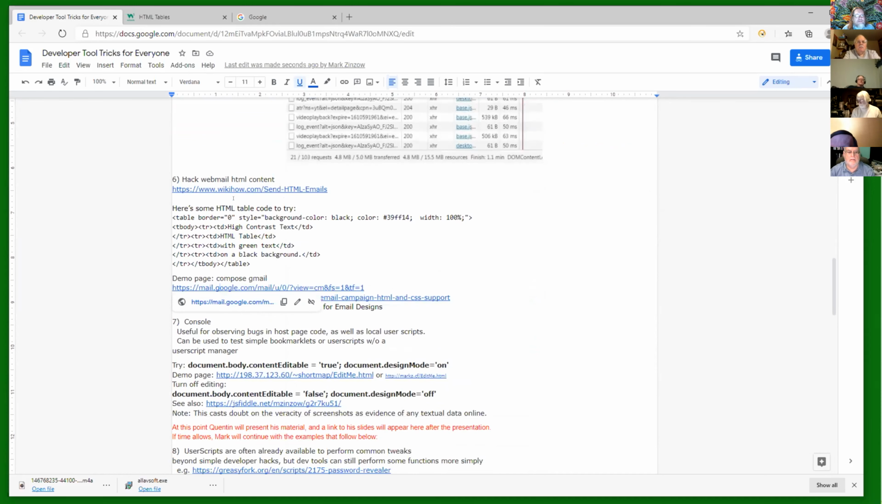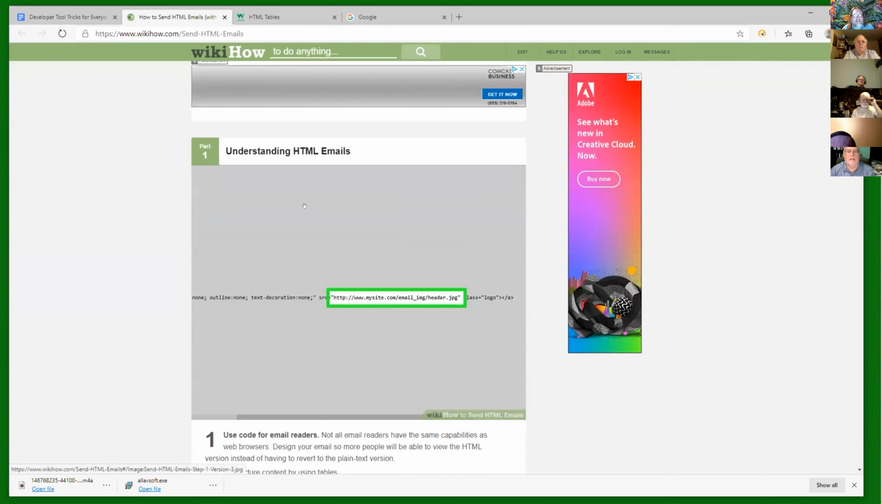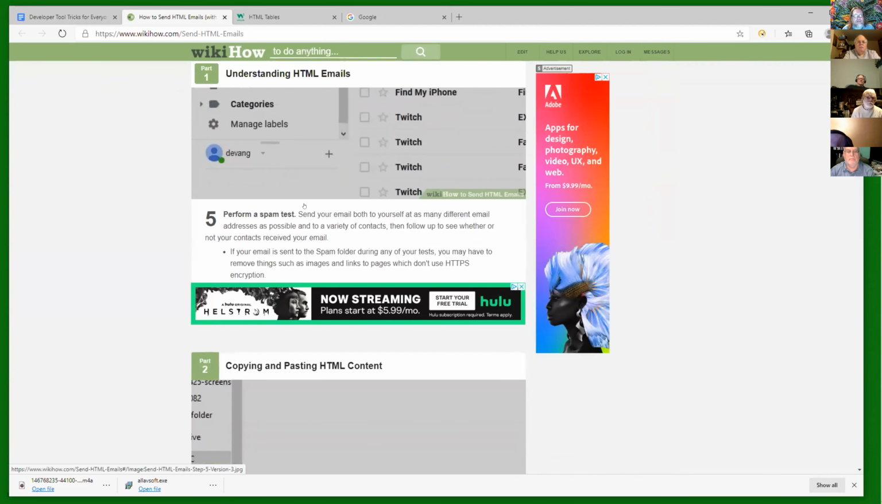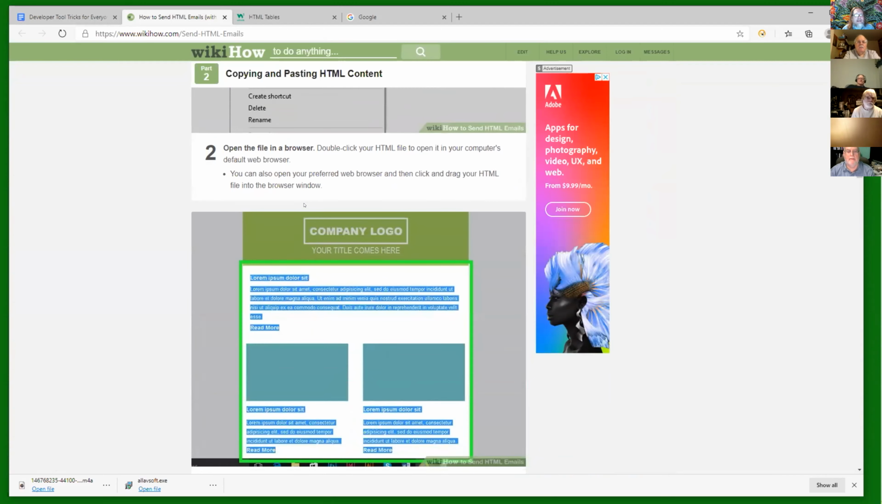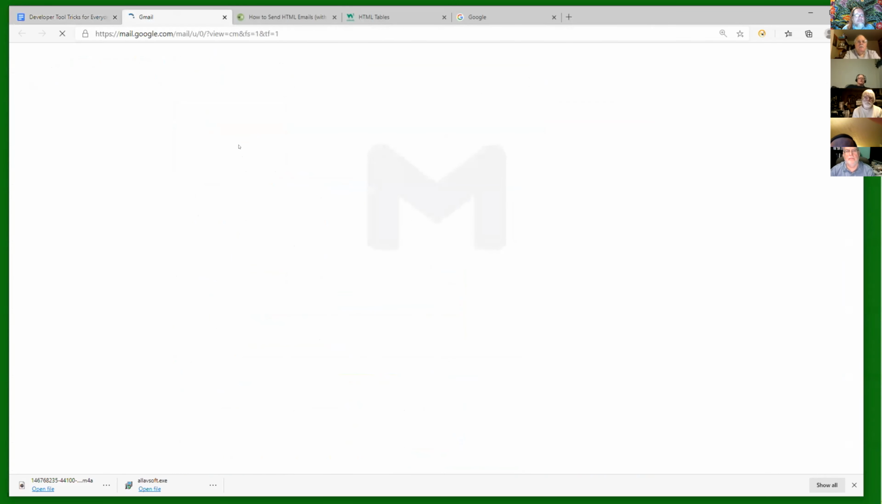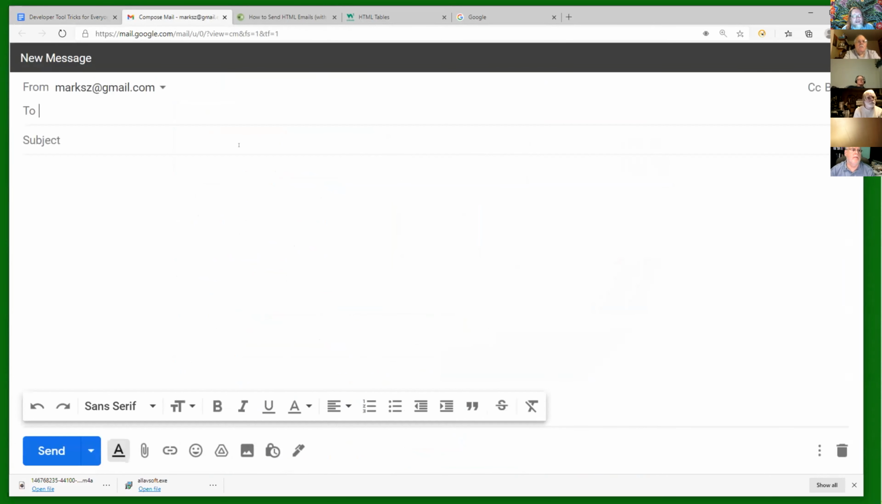One of the other examples: I ran across a WikiHow article on how to send HTML emails. They actually make it a little more complicated than it has to be, but I went through the tutorial and this technique does work. However, it's a lot simpler if you want to send some HTML. If you go to compose a Gmail message, and I believe this works in other web-based things, not everything,